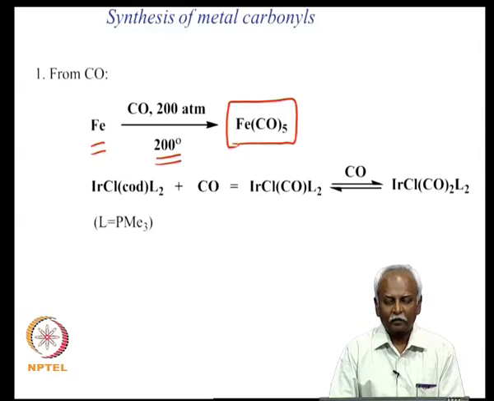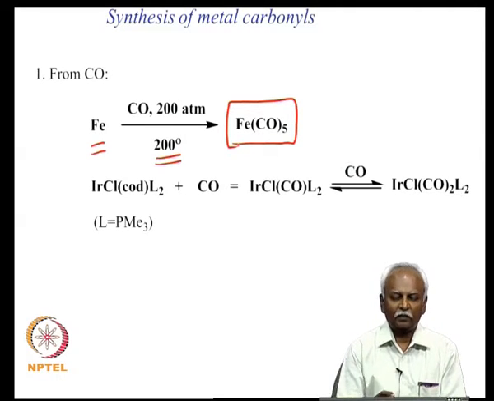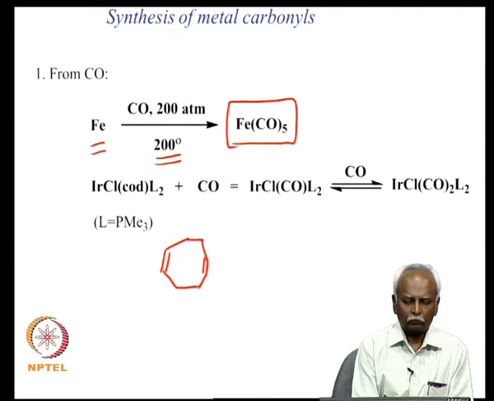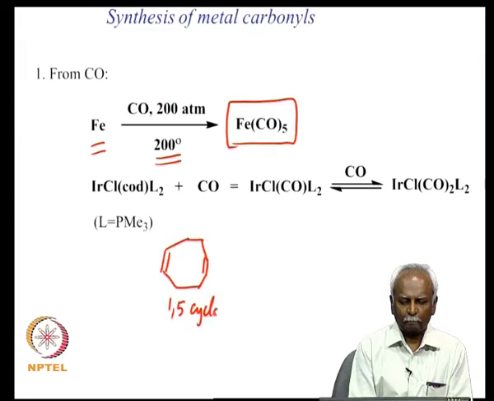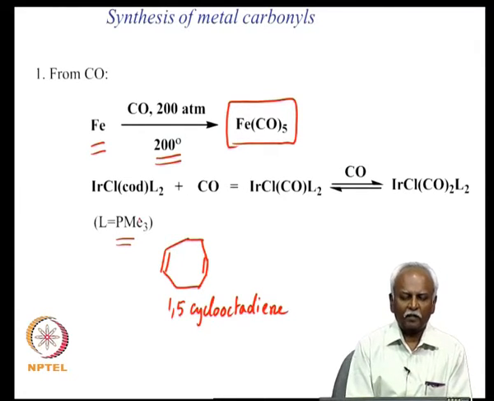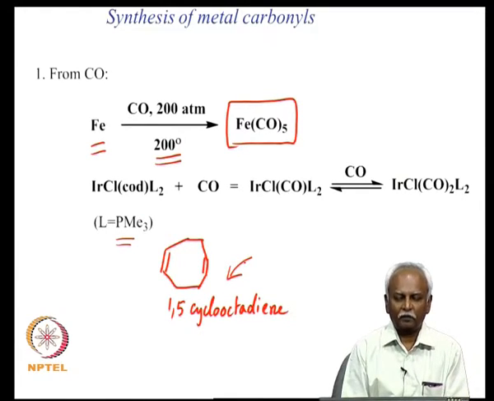Here we have an iridium complex being generated with carbon monoxide. COD, which is indicated here, is in fact cyclooctadiene, which is normally 1,5-cyclooctadiene, and L is the ligand trimethylphosphine, which is easy to understand. So, if iridium has got these two ligands, cyclooctadiene is a very weak ligand. We will encounter it later in this lecture series.